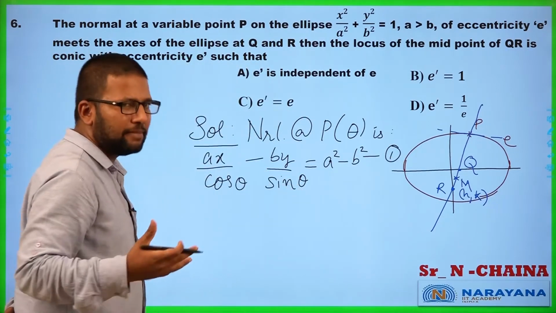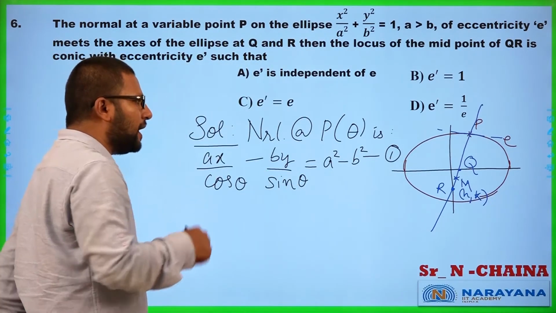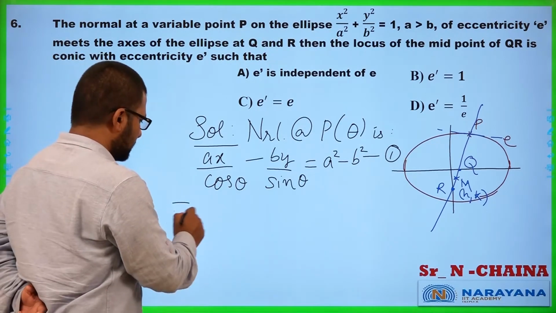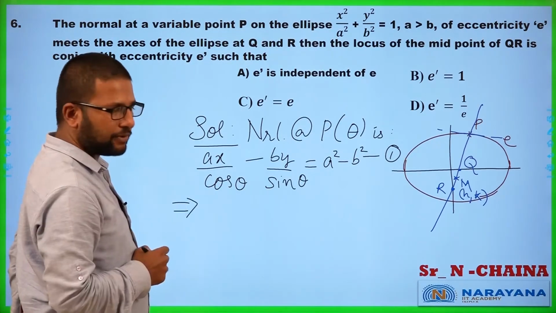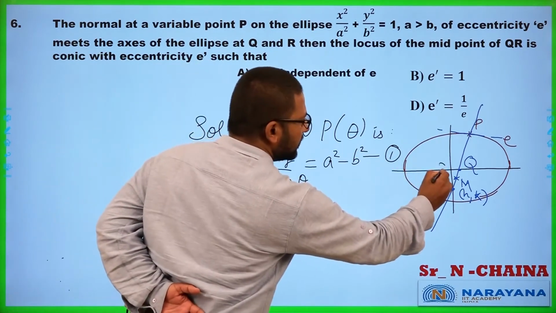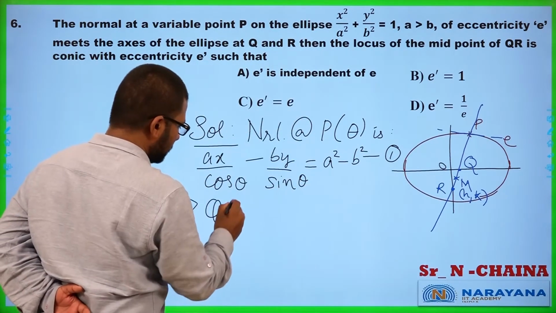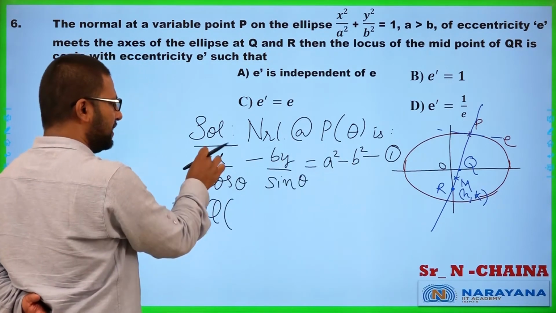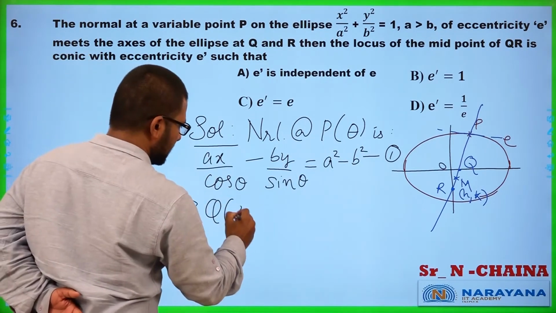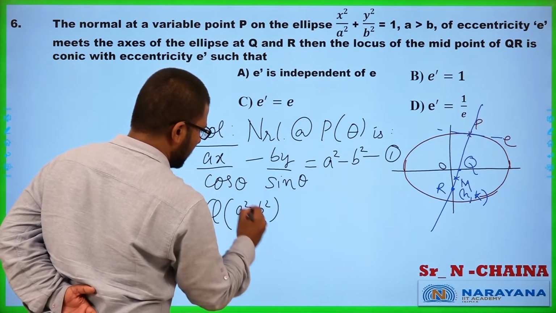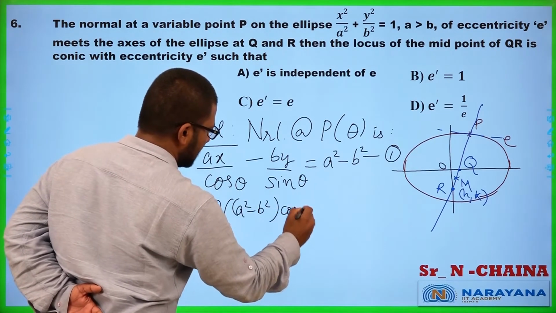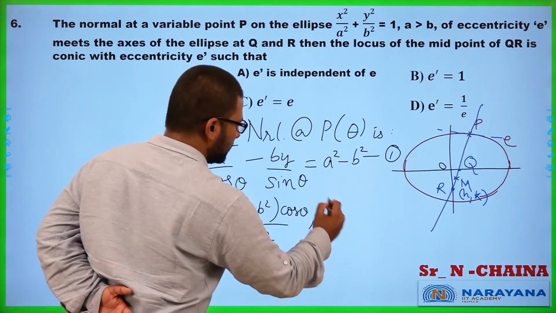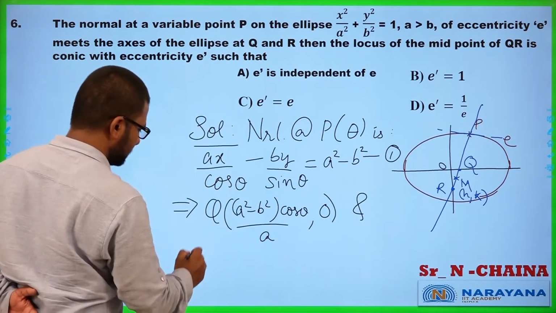Like we did last time, let us directly write the coordinates of Q and R by using intercept form. So OQ is the x-intercept, right? So can you tell me coordinates of Q? Q would be its x-intercept. So bring a square minus b square here and take a down. So a square minus b square into cos theta upon a, that is Q, comma 0,